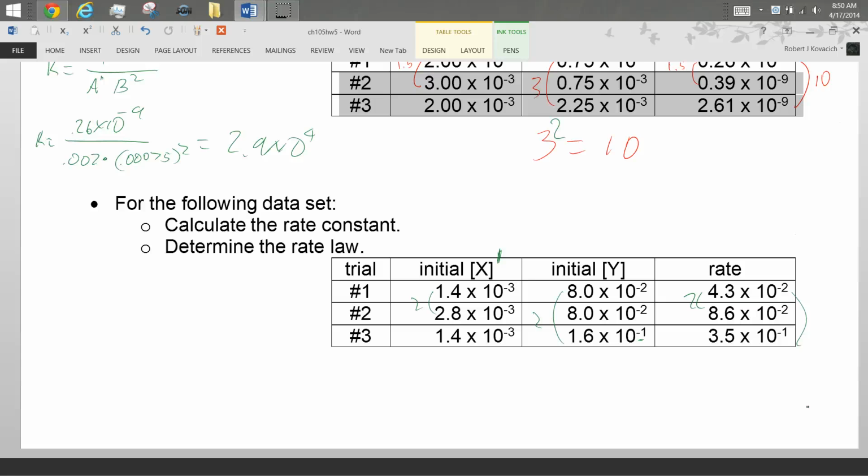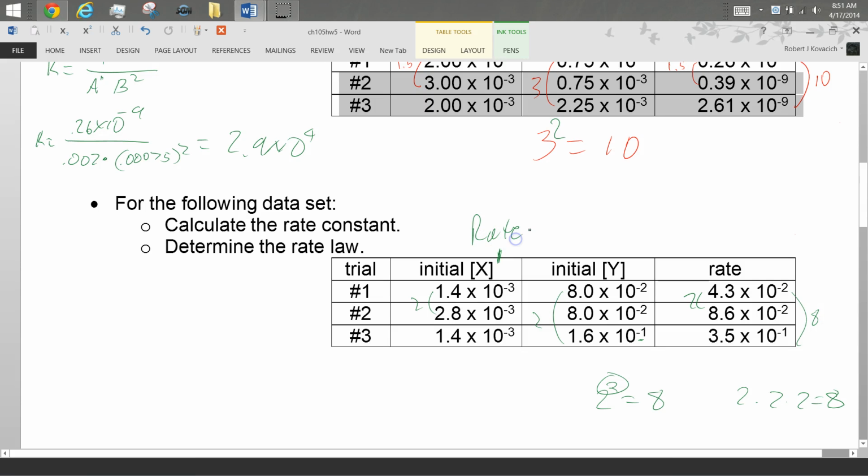0.35 divided by 0.0438. So this goes up by about 8. Okay, so I've got something that's a 2, and then my answer is 8. So what's the exponent? Are you good with that? So third order, and so I've got rate is equal to K, X to the first, Y to the third,